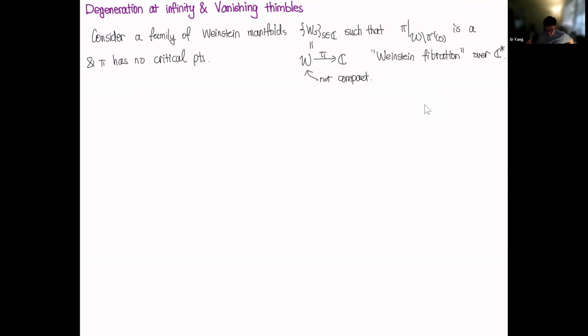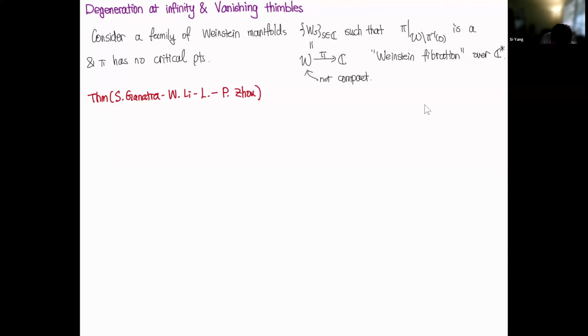So there might be some interesting degenerations happening, but you don't see any critical points of the map. And under this setting, the result we are proving, which is joint work with Sheel, Wenyuan and Peng,